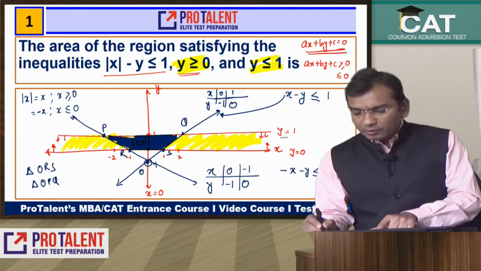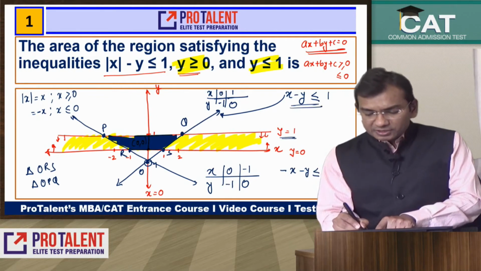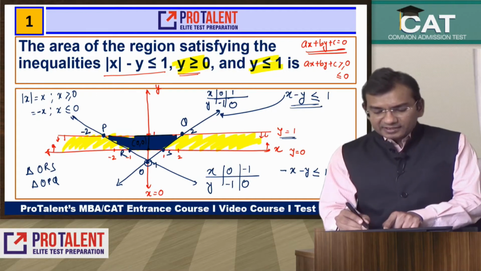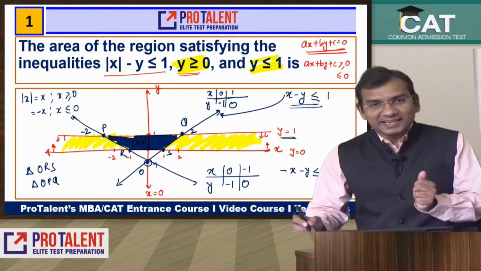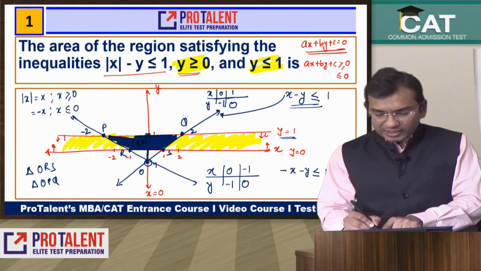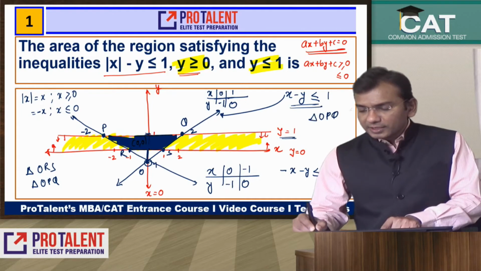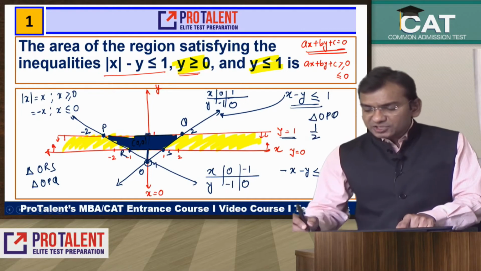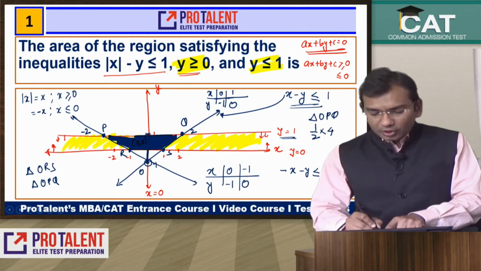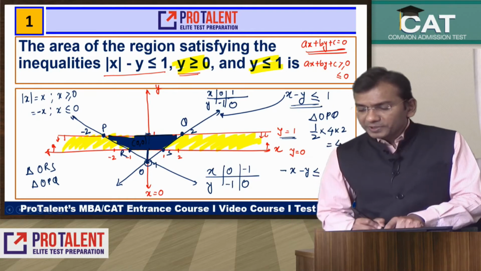So at y equal to 1, if I put it here, I get x equal to 2, so this is the 2 point and this is the minus 2 point. ठीक है, so अब ये ट्राइंगल OPQ का एरिया क्या होगा, 1/2 बेस इनटू हाइट, ये -1 है, ये 1 है, सो हाइट कितनी हो गई, ठीक है, the triangle OPQ is 1/2 base, base is PQ, 2 से -2, that is 4, और हाइट है -1 से 1 which is 2, so area of OPQ is 4.